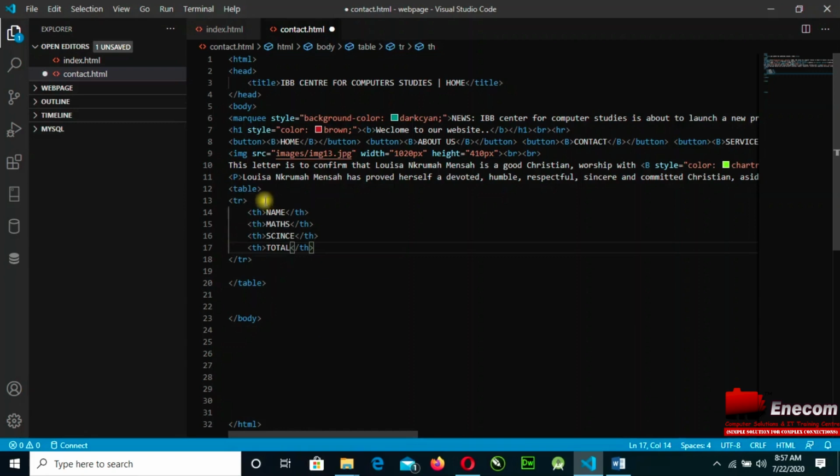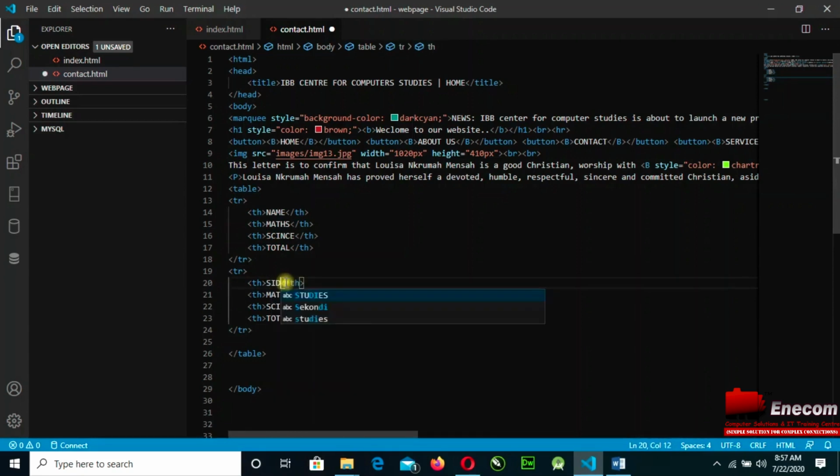If I need another one, what I have to do is just copy this and make changes in it. So I'll just copy, come underneath, and paste. All that I have to do is just make changes to it.